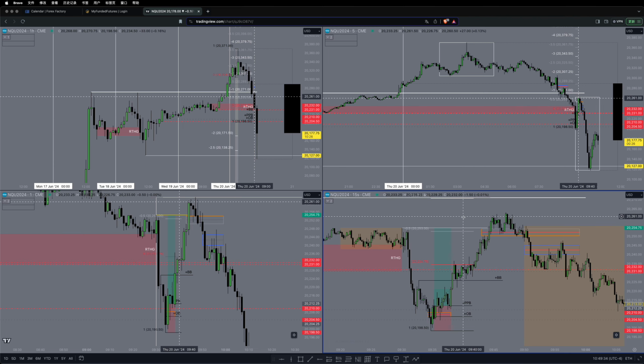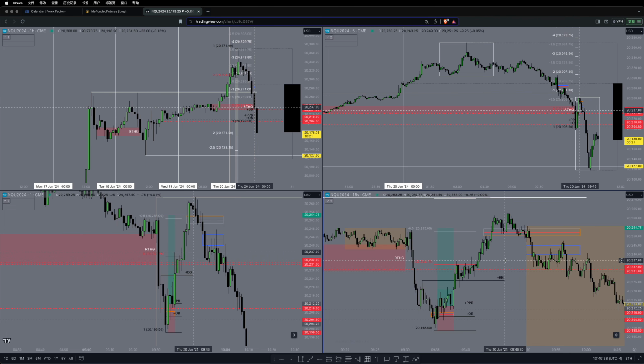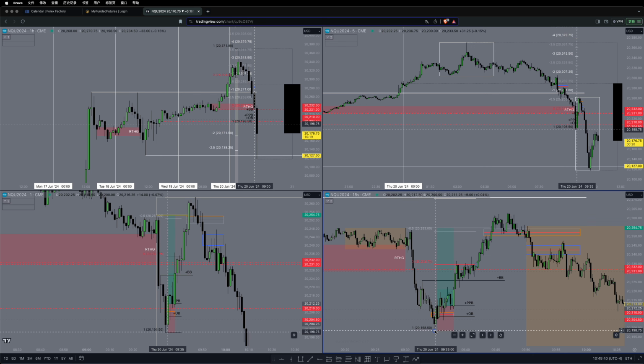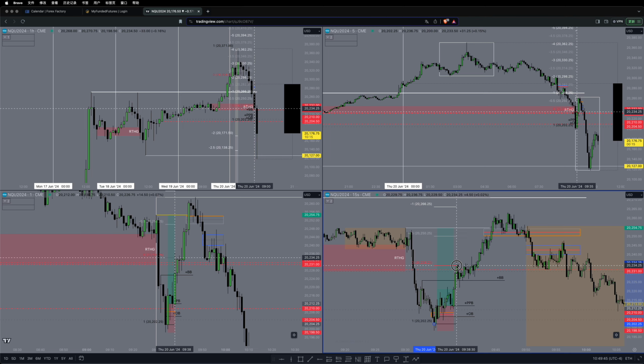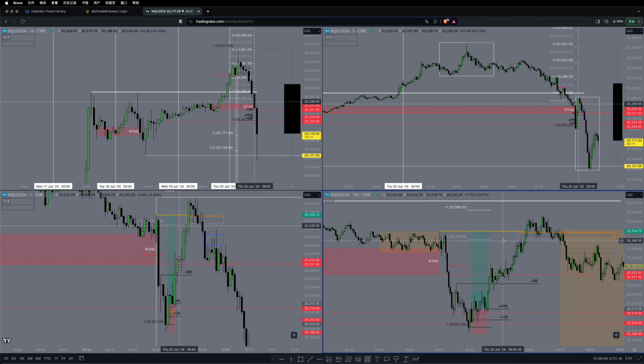It's not quite there, but you get the idea. It's just if you put it on both of the bodies, you can see it's almost there, but you get the idea that just halfway through the move there's a reaccumulation